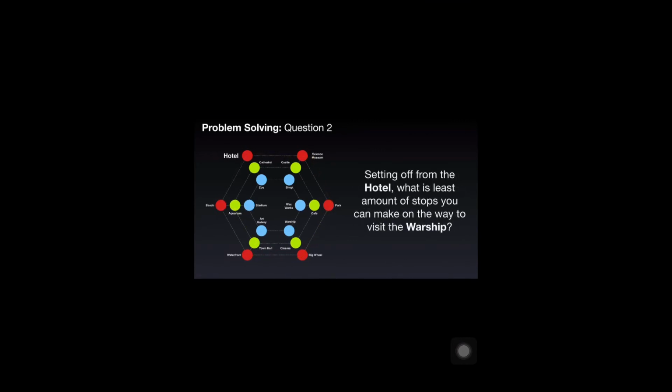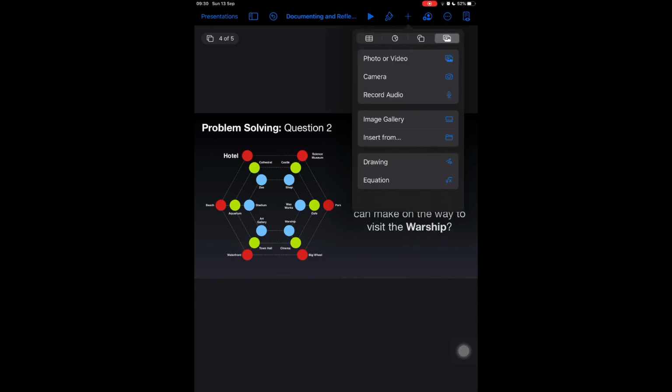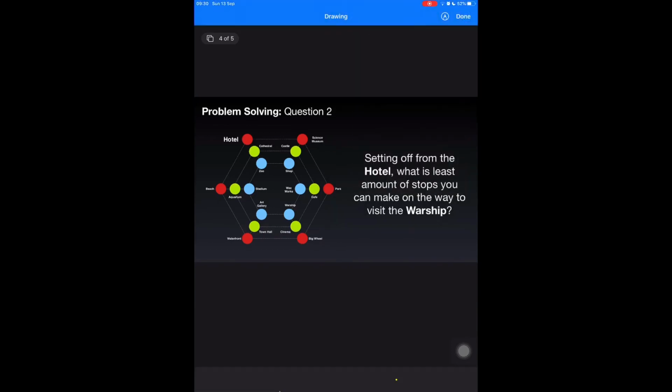Going to move forward onto the next slide now, and here is problem number 2. Setting off from the hotel, what is the least amount of stops you can make on the way to visit the warship? So again, up to that plus sign, into drawing, and I can use that annotation tool to record